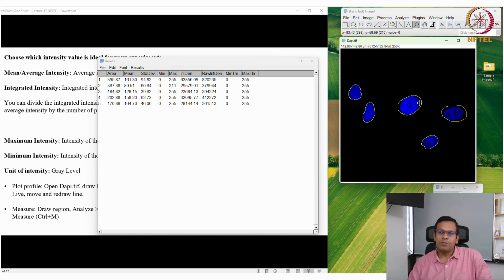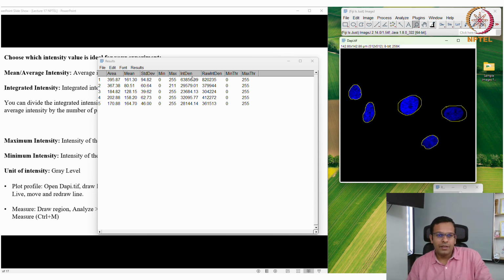And that's why for this kind of estimation, you should not go for the mean intensity. Okay, but instead, you go for this integrated density, which is irrespective of the black pixels. Okay, so you see this ROI is giving the highest integrated density, that is 63,859. So that is the sum of intensity values of all the pixels.